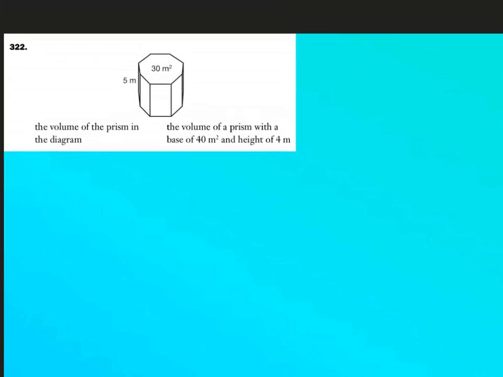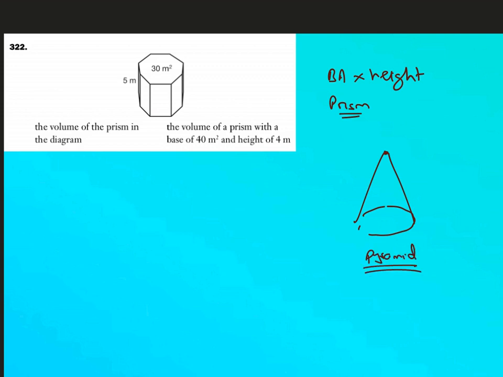Okay, so this is a prism. Volume of a prism is always base area into height. For all prisms, the volume is this. By the way, this is not a prism, this is a pyramid, or a cone. So this pointed one is a pyramid, but with the constant height like this, all sides going in the same direction, constant height, that's a prism. This is called a pyramid. It can be a square base or triangle based, but there has to be a tip which makes it a pyramid.